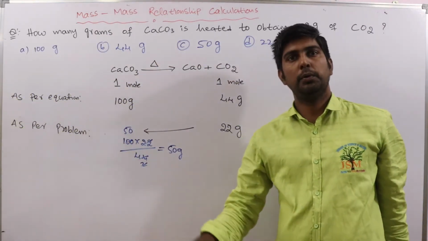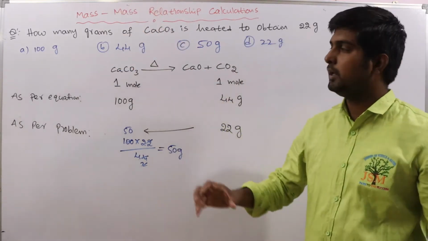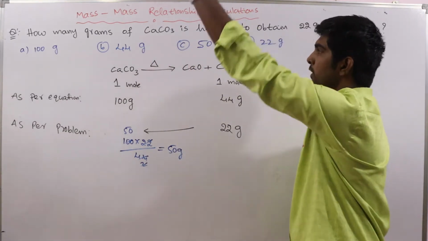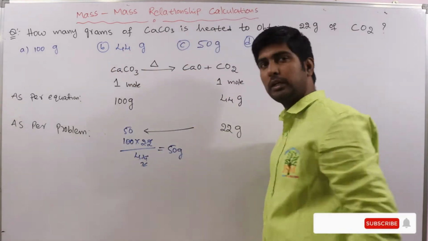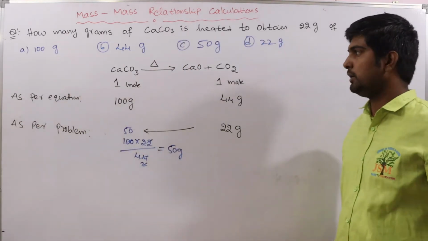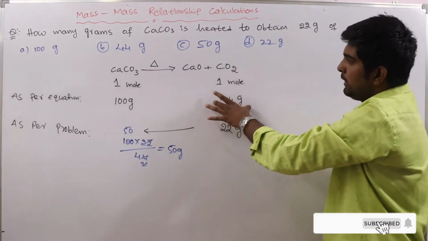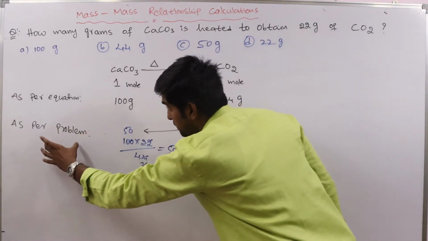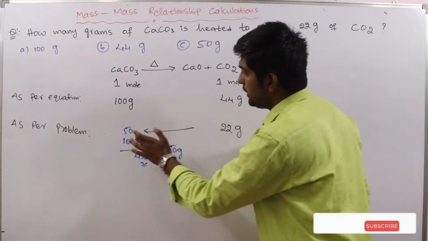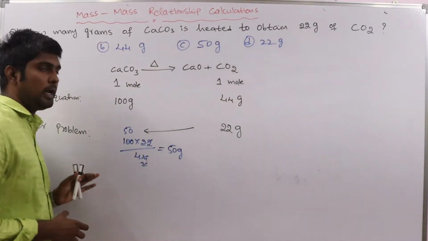Very simple. If they have given the equation, no problem. Otherwise, there are some famous chemical reactions which generally they won't give in the examination, so we have to write. Remember this reaction, very important. First of all, write as per the given equation, how many grams is the reactant and how many grams is the product formed, according to the equation. Next, as per the given problem, some data they will provide in the problem. According to that, how many grams is heated or how much is produced, like that. Okay, clear?